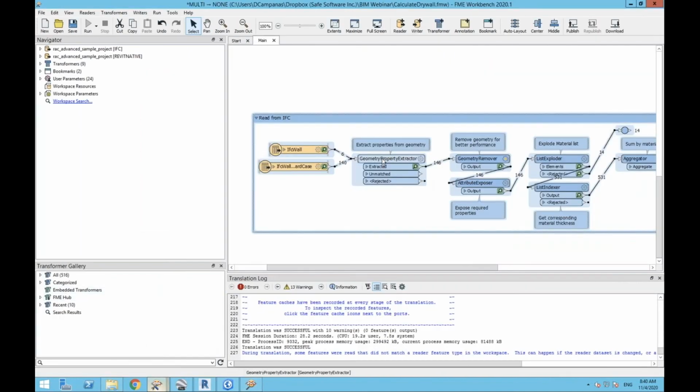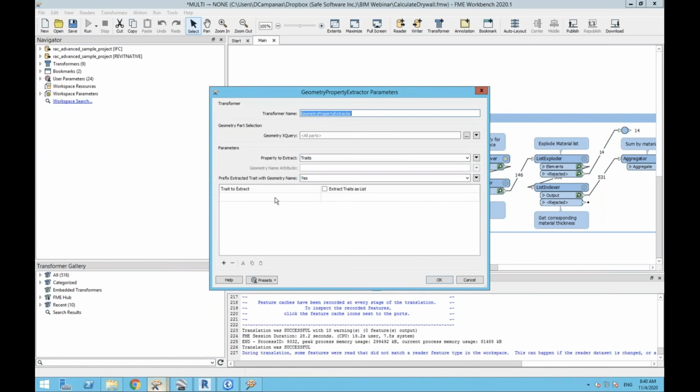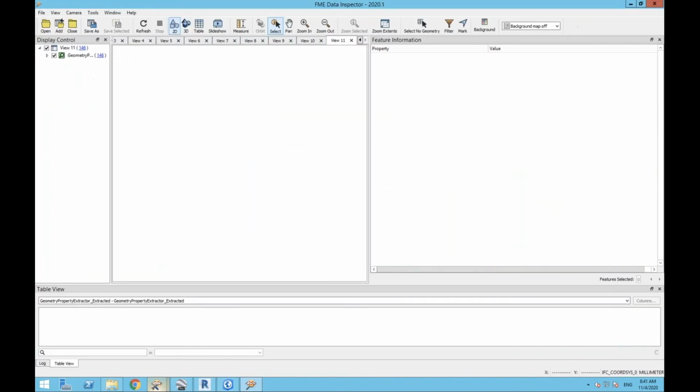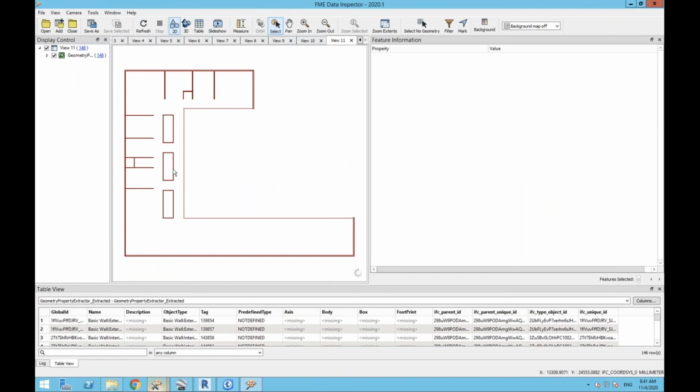So the first thing I do is throw it through this geometry property extractor. You could put in individual traits you want to extract, but if you leave it blank, it grabs everything. So I said, grab all the traits, and let's promote them all the way up to attributes so I can use these things. At the same time, let's prefix each of those properties with the geometry name, which is going to be the property set name, because otherwise we don't know what is part of which property set. So if we look at the results of that, and then we click on a wall,